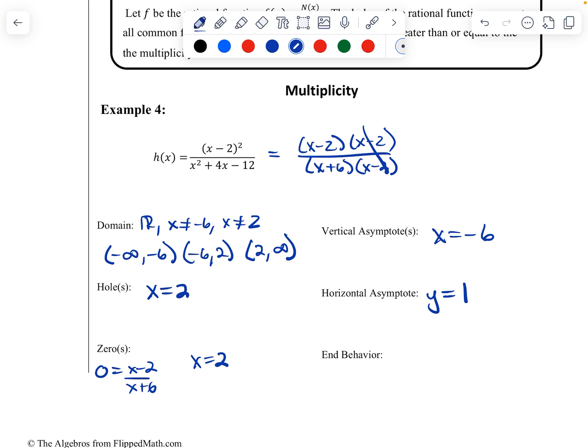Horizontal, we can look at the degrees and they're the same, so it's just at y equals 1. Zeros, so that's like saying when does x minus 2 over x plus 6 equal zero, so it's at x equals 2. And our end behavior, so what happens as x gets really, really big? Well, it's a big number over a big number, so it's just at 1. So our limit of h of x as x gets really, really big is 1. And then our limit of h of x as x gets a lot smaller, we'd have a big negative over a big negative, it's also at